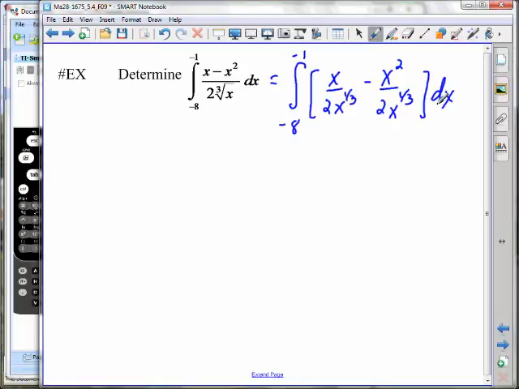Okay, now that I've got it in this manner, let's simplify just one more time. Negative 8 to negative 1. This would be, let's see, I'm going to make this 1/2, and this would